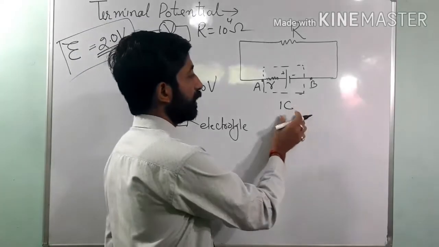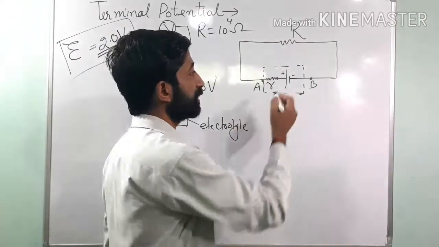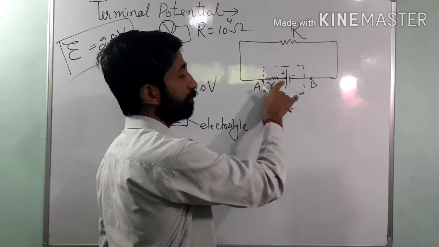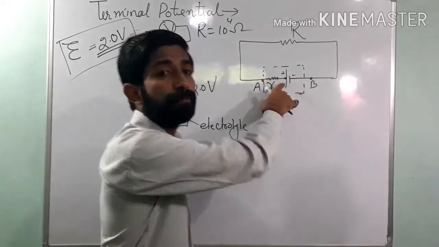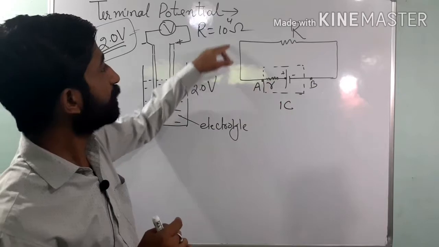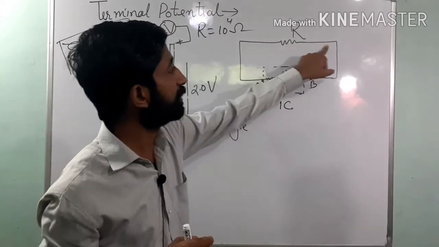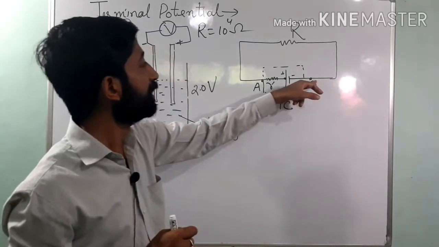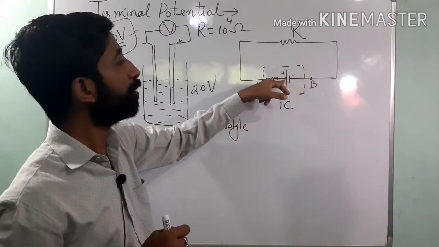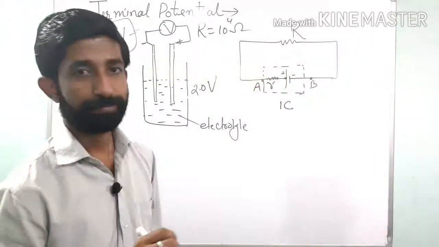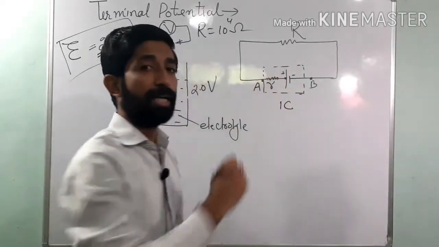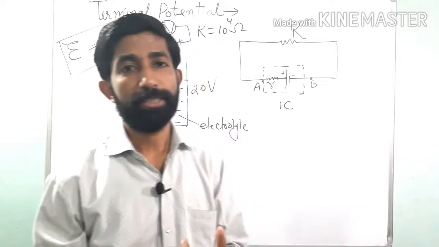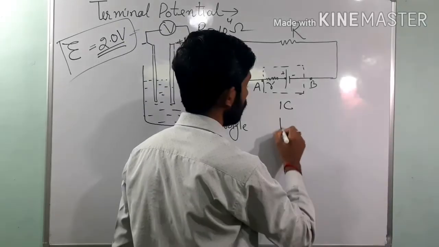A charged particle of 1 coulomb, if it starts moving from this point, that is the positive terminal of the cell, and it completes one round through the external resistance, through the internal resistance, and then finally comes to the positive end again. It has started from the positive end and finally comes back to where? The same point, then the total work done,